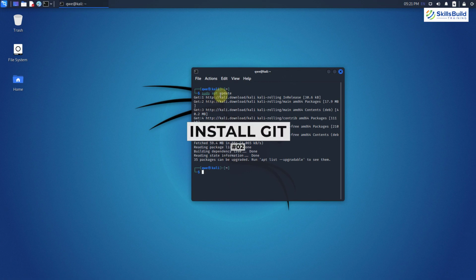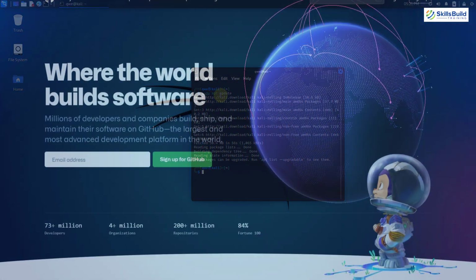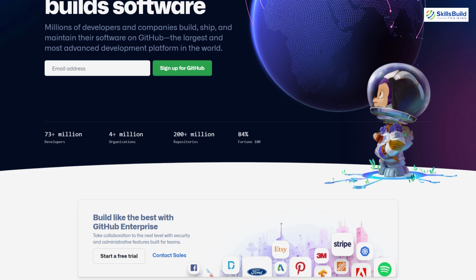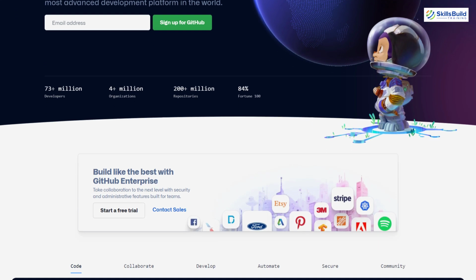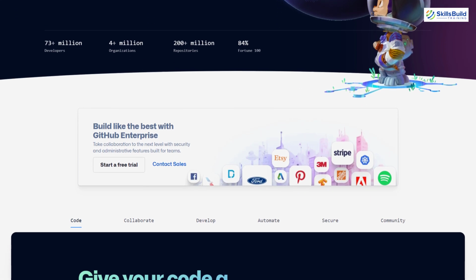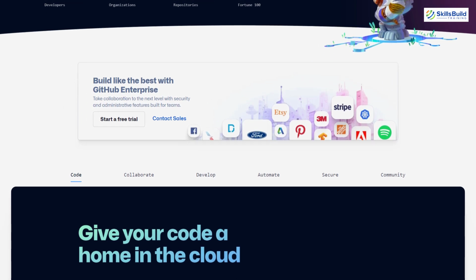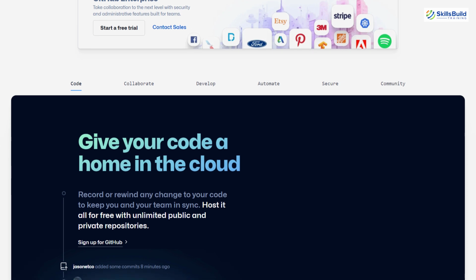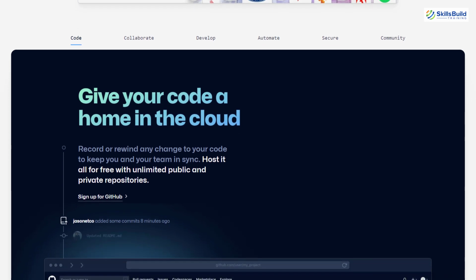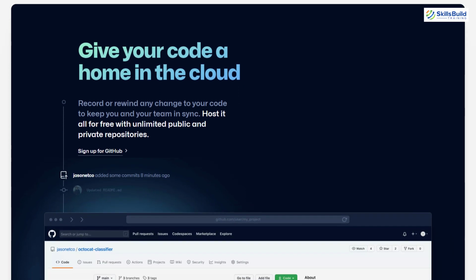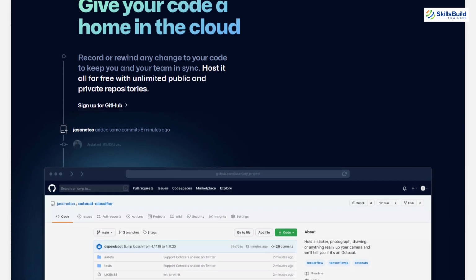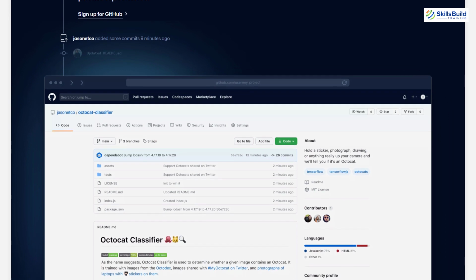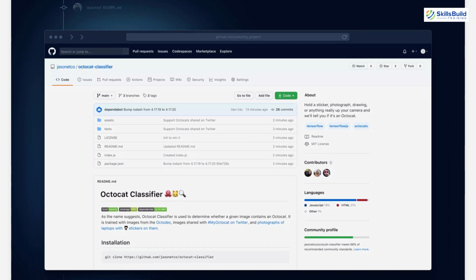Number 2. Install Git. Well, most of you might have an idea of what Git is, because if you are a programmer or have something to do with data science or anything related to programming, you must have used it. Basically, Git is an open source software version control application, and you can use it for many reasons. For example, you can share your code onto your GitHub repository, and if your files are public, anyone can access them and contribute to your project.